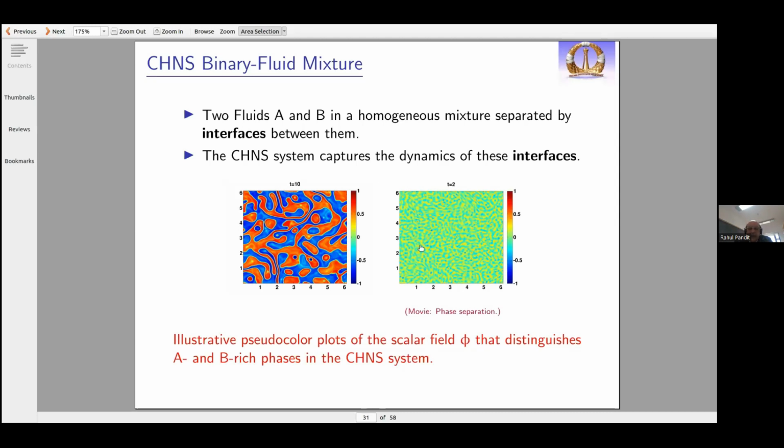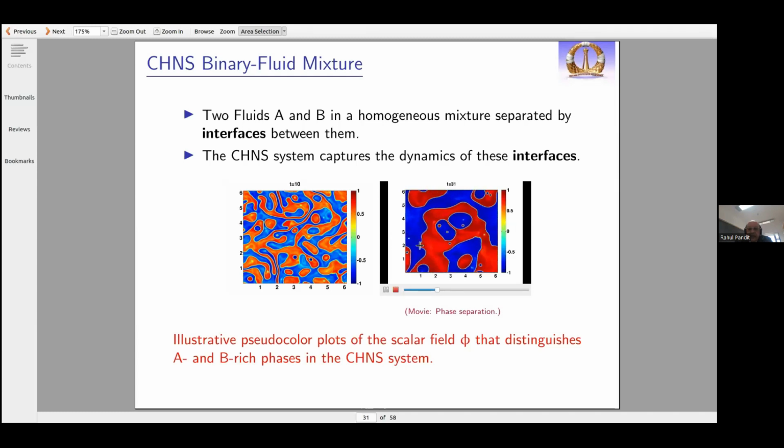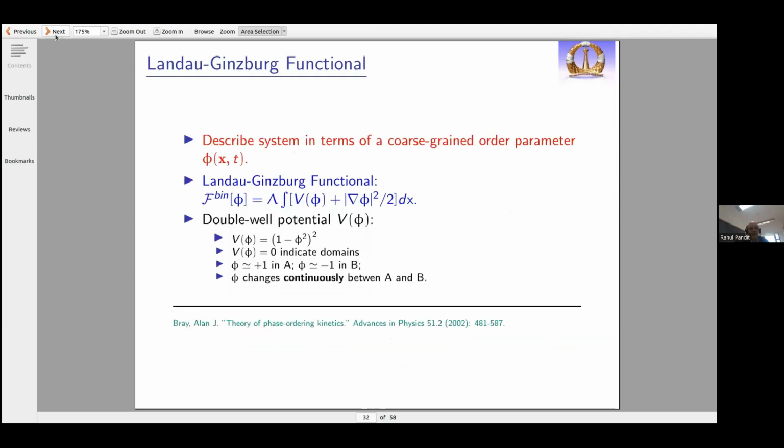So if it were only Cahn-Hilliard, these two fluids would phase separate, the red from the blue. This is well below T_c where they phase separate. But of course, where does this phase separation come from? From elementary statistical mechanics. It comes from a Landau-Ginzburg functional of this form, where V(phi) is a double well potential, which I have parameterized as (1 minus phi squared) whole squared. And here's the |grad phi| squared term, which takes care of surface tension. And in the A-rich phase phi is positive, typically near +1, and -1 in B,